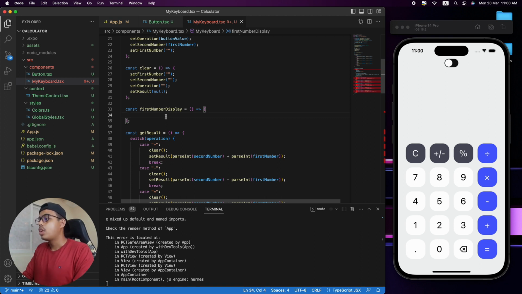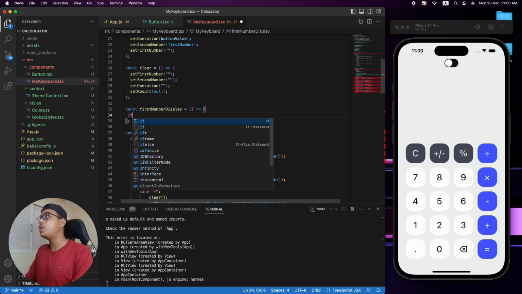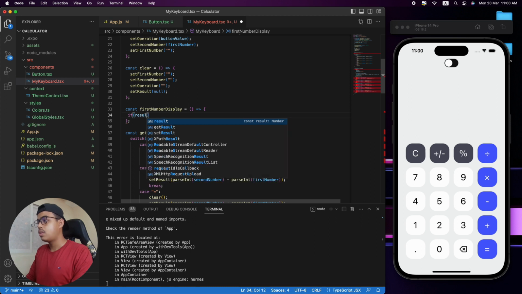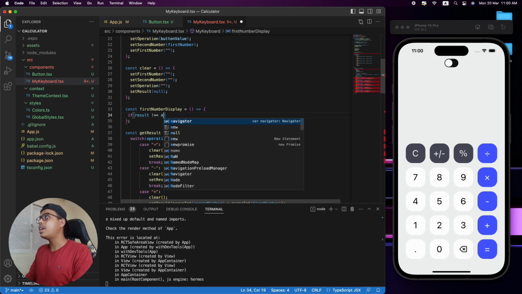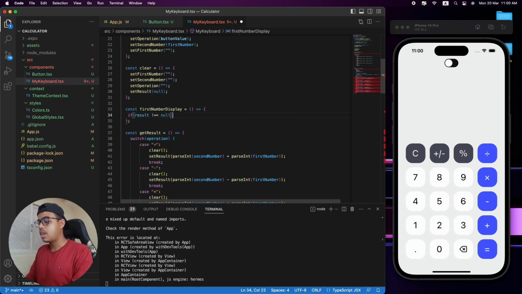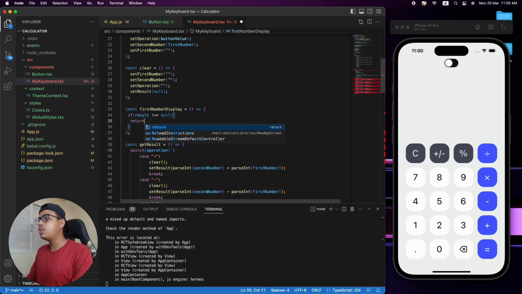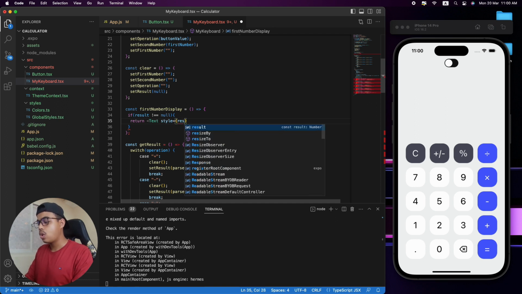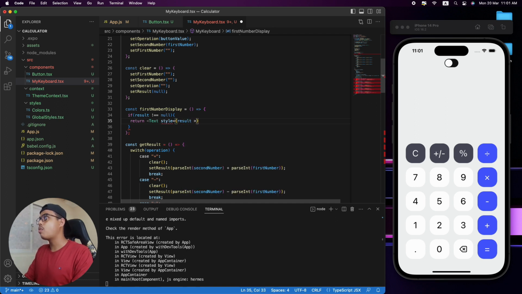Alright, so first we are going to create a if loop, and we're going to select our result, and if it is not equal to null, what we're going to do, we are going to return a text. We're going to apply some styling to it manually. So we're going to select a result, and we're going to write numbers like 1 2 3 4 5 9,